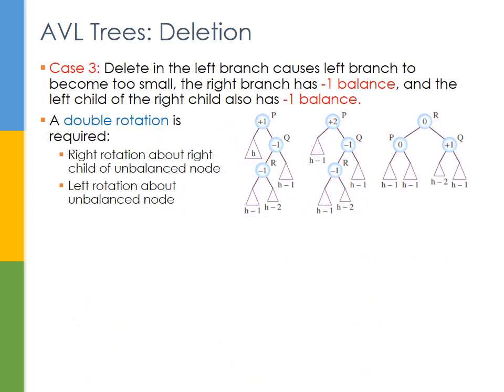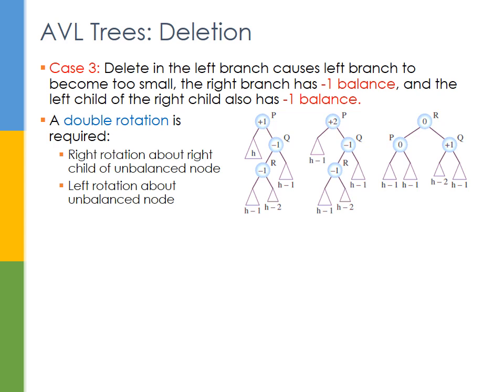The third deletion case again involves a deletion in the left branch of a node, which causes the left branch to become too small. We can see that again in this situation over here. We have a deletion that occurs within this branch, and that reduces the branch's height by 1, which means that we need to update the balance factor of P by adding 1 to it, producing a balance factor of